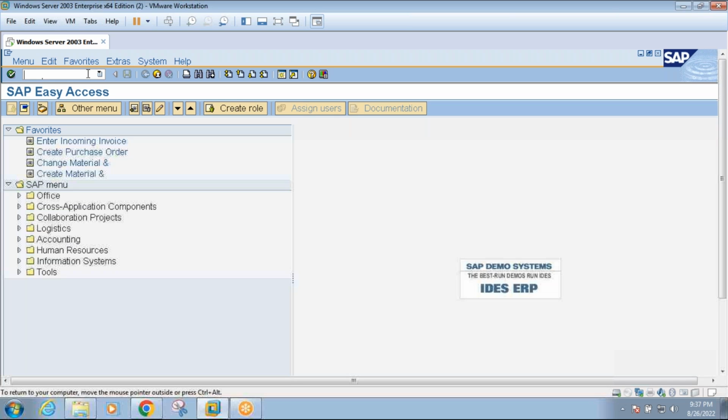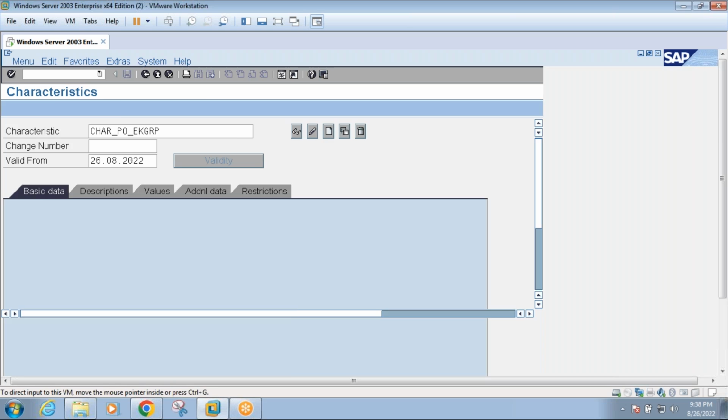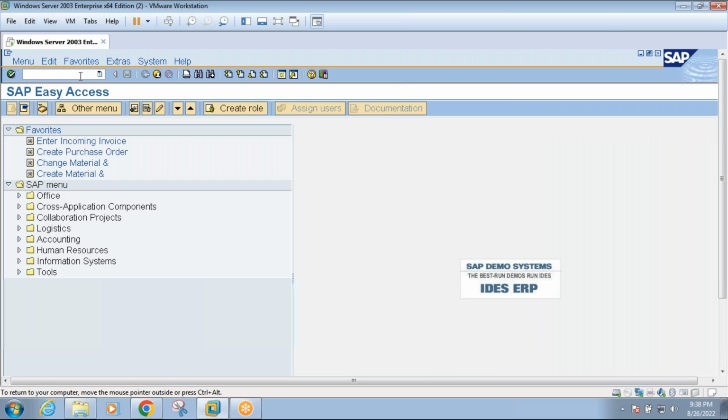So first step, what you will do, you will try to create the characteristic with CT04 transaction. So let me go to CT04. And before going there, let me open a table so that we can see the technical name of the field related to company code, purchasing organization, purchasing group and plant. We need to check the technical field name so that it will be easy for us to configure the characteristic. So how you'll go, either you can go with the SC